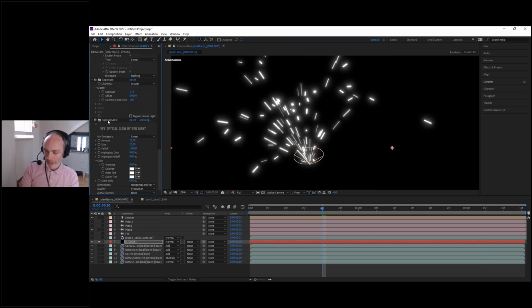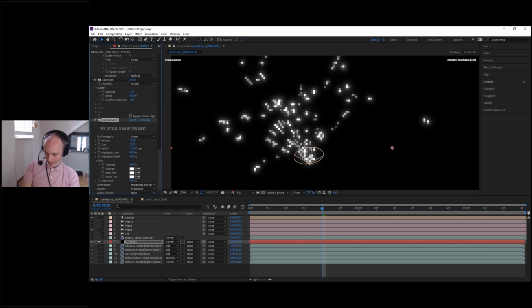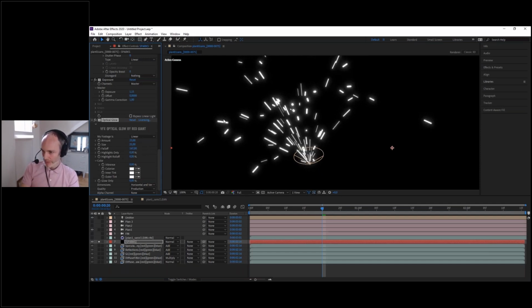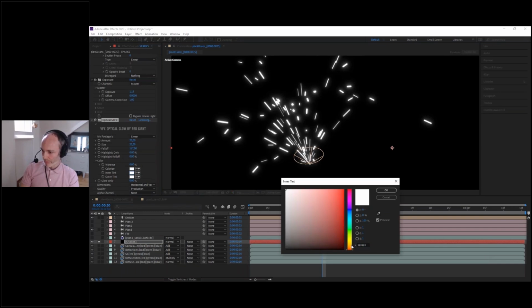And now in Optical Glow, we can colorize. Here you have an inner tint, outer tint, something else, the falloff. The falloff is broadly the spread of the glow. So I'm going to increase it so it's tighter. Yes, something like that. And for the inner tint now we're going to use a bright orange.